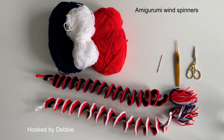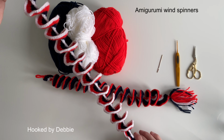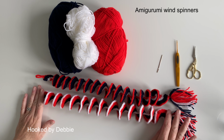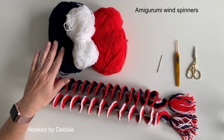In today's video, we are going to be making these wind spinners. You can hang them anywhere outside for decoration, and as the wind catches them, they spin around and make a lovely pattern. I'm doing it ready for the anniversary for the Queen this year, so we've got royal colours, red,